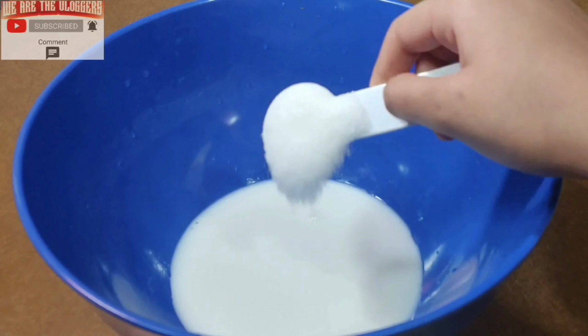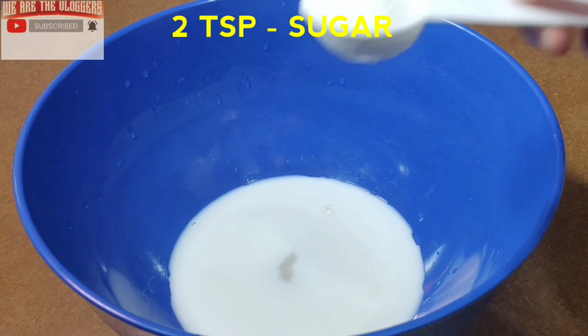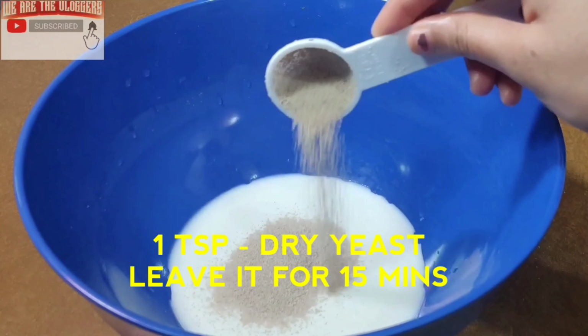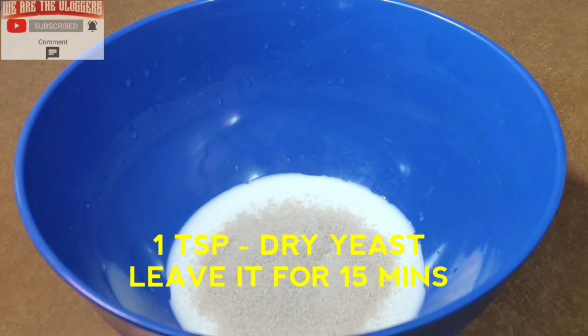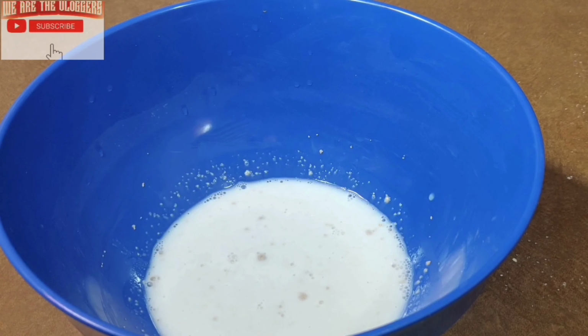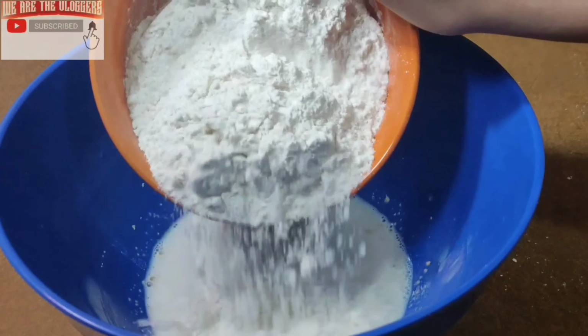Two tablespoons of sugar, 1 spoon of yeast. Mix well and leave for 15 minutes. After 15 minutes, add 2 cups of all-purpose flour